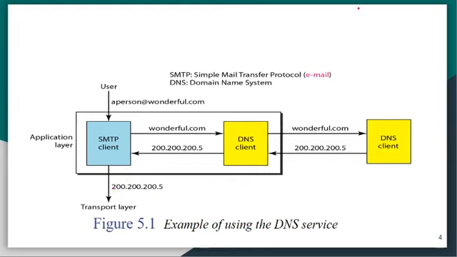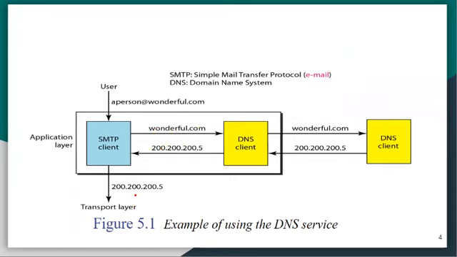Okay, so whenever we are sending email, we just know the email address, right? We do not know what the IP address of that email address is. However, when we send this to the transport layer and all the layers below, they need the IP address. We don't need the name, but we need the IP address of this email address.